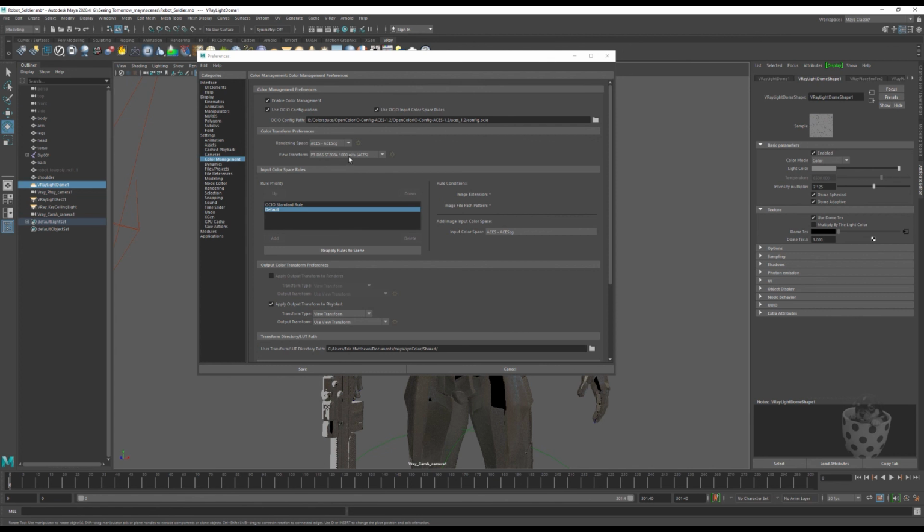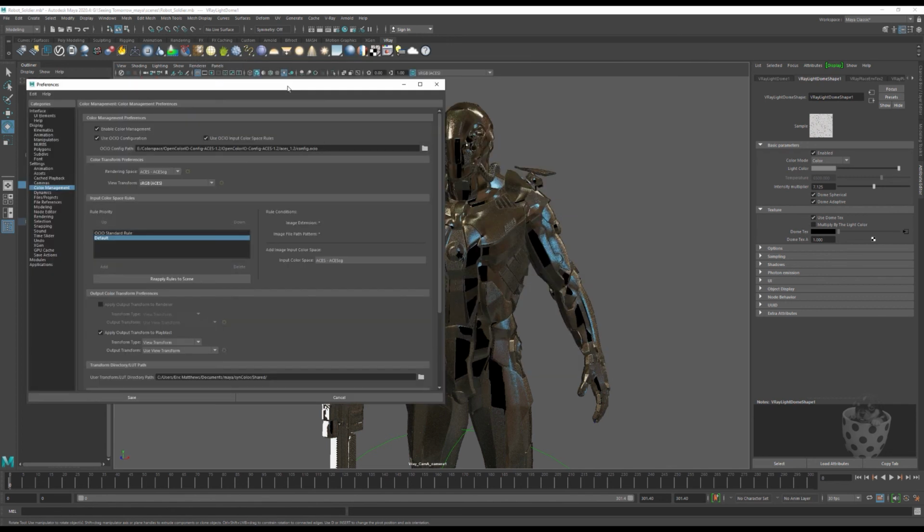I'm viewing my work in the D65, 2084, 1000 nits. Unless you have a monitor that's capable of 1000 nits, you probably don't want to use that transform. Okay. As you can see here, I'm going to go back and set it back up to sRGB ACES